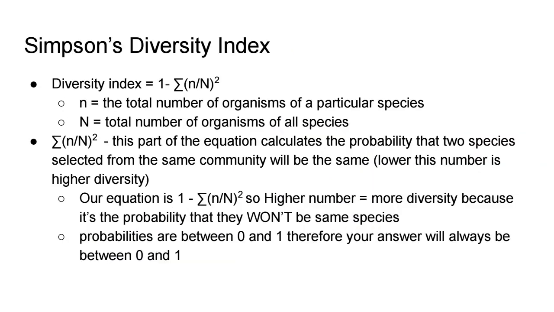So we have an equation called Simpson's diversity index that is used to measure the community structure. The equation itself is right here: 1 minus, remember this is our sum, the sum of the total number of organisms for a particular species over the total number of organisms of all species. So for example, in that last one we just had with the trees,